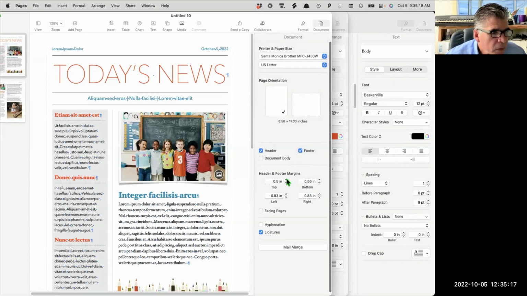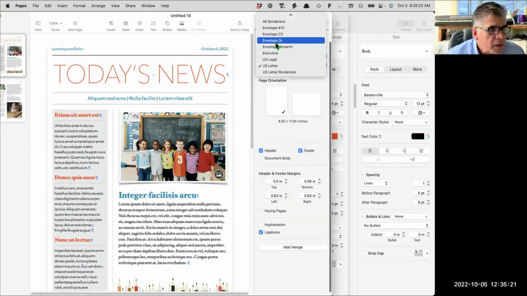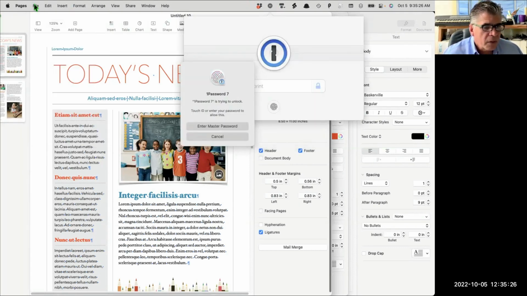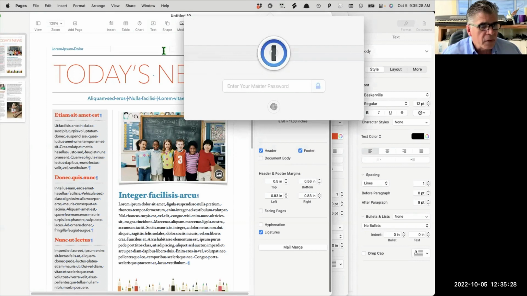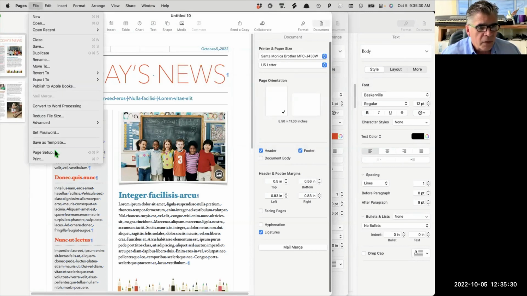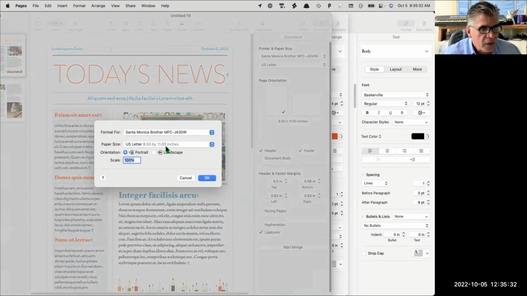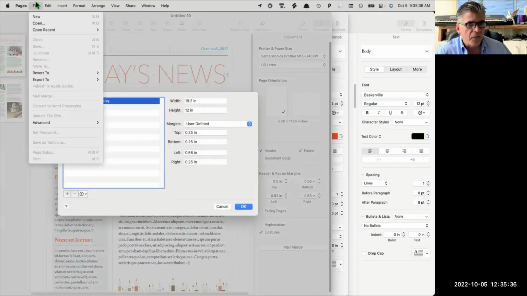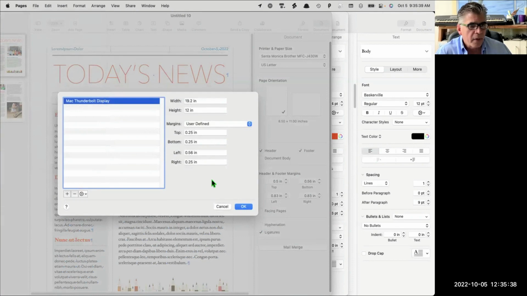Well, there's still a few things to learn, I guess. You actually can, but you have to do it manually. What if I do it over here? If I go to page setup like this, can I go custom? Now I can go custom. Okay, so I went over here to File, went down to Page Setup, and now I'm going to make a